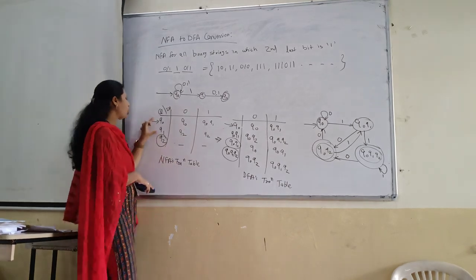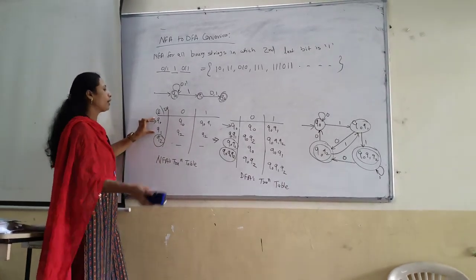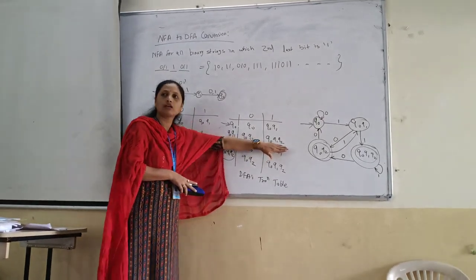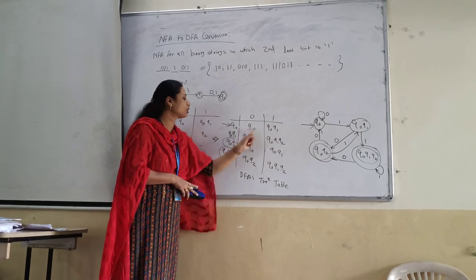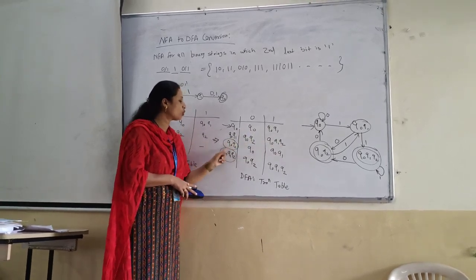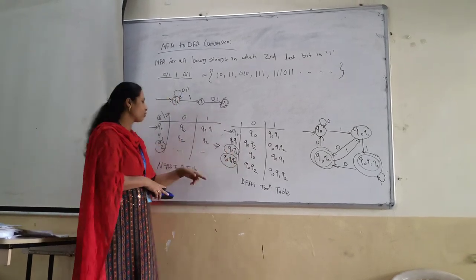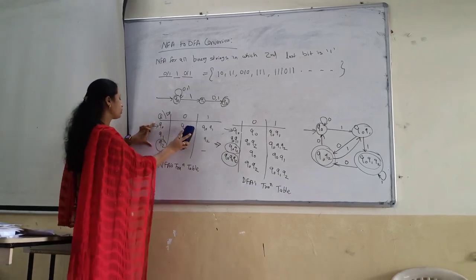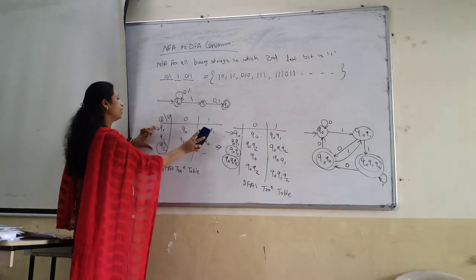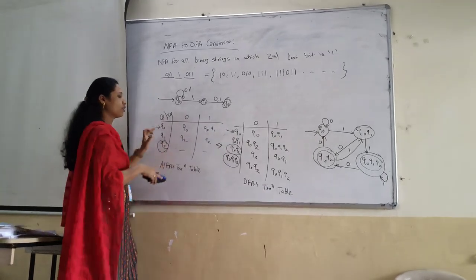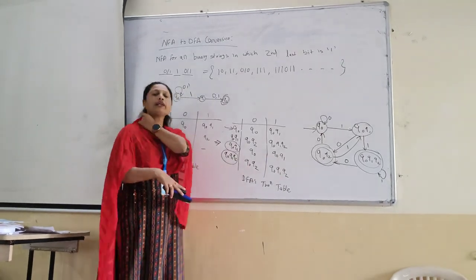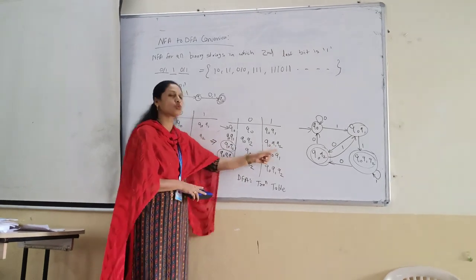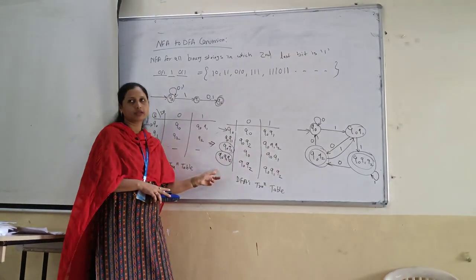List it down. Q0, Q1 on 1, what do we have? Q0, Q1, Q2. List it down. Afterwards, check. Q0 is there, Q0, Q1 is there. Is there Q0, Q2? No. We have listed Q0, Q2. Now check for Q0, Q2. For 0, Q0 and dash means Q0 only. Then for 1, Q0, Q1 and dash, so Q0, Q1. Afterwards, again you check. We have Q0, Q2, but we do not have Q0, Q1, Q2. List it down: Q0, Q1, Q2.